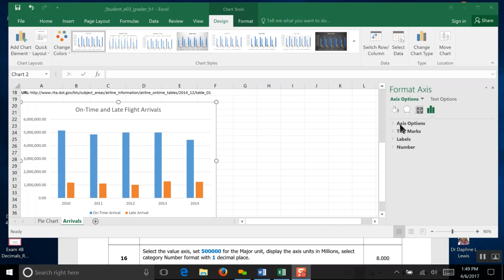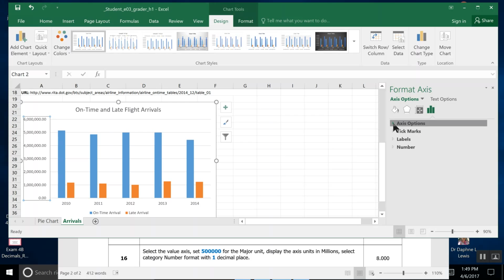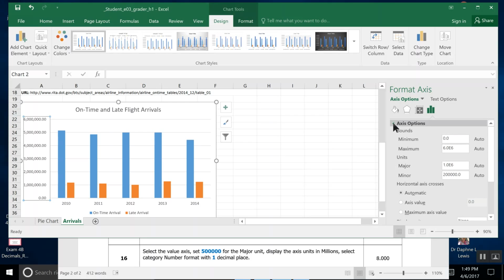We need to go to Axis Options, and under Axis Options, we need to open that pop-up box. And under Major and Minor, we want to come to Major Units. Instead of 1 to the E6 power, we want to change that to 500,000. 5 zeros. We also